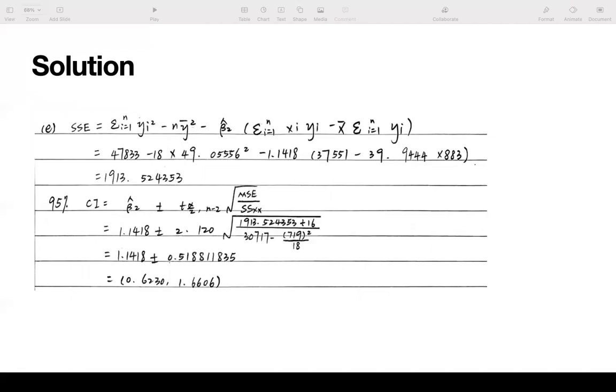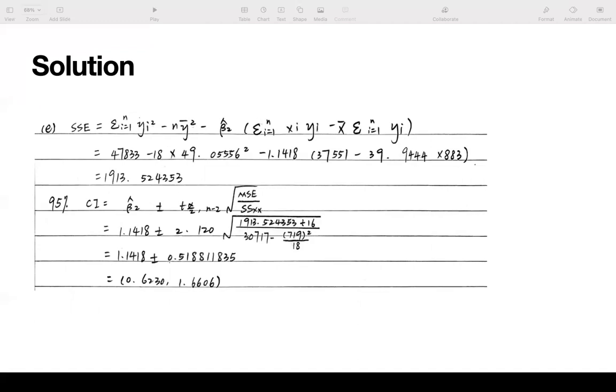And so for part E, it asks to find a 95% confidence interval estimate for the marginal contribution of age to income, and also on the average, how much more does a person make on this year's birthday than on last year's birthday. And so we first calculate the value for SSE, which is equal to